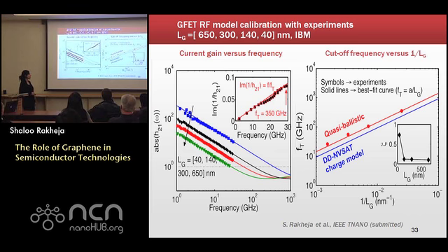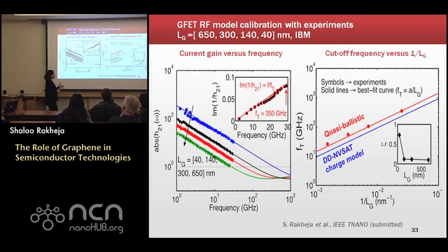And here we see the cutoff frequency versus inverse of the gate length. The symbols are the experimental data, and the red solid line is from our model, the quasi-ballistic model. Again, I went back and tried to use the drift diffusion formulation, which people have used a lot in the past. I saw that that model was not able to predict the cutoff frequency versus gate length behavior accurately. This is also a signature of the fact that the transport in these devices is indeed quasi-ballistic.